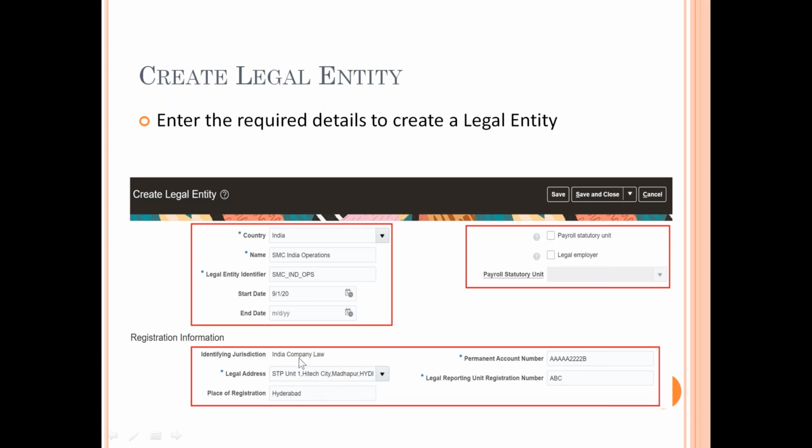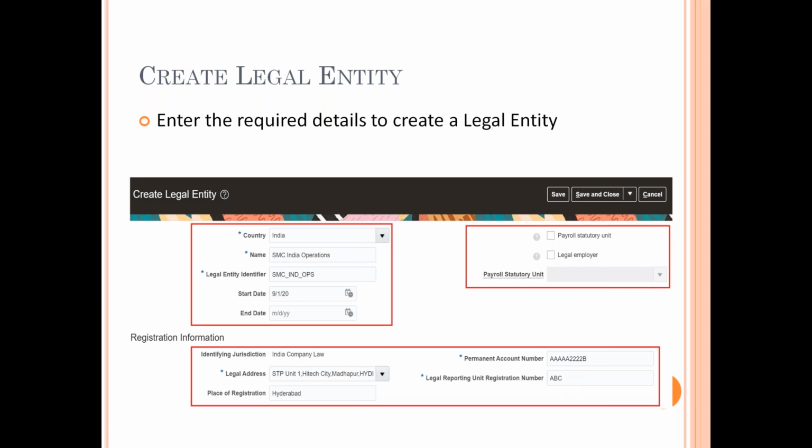Typically in India, we have ROCs, one for every city, like ROC Hyderabad, ROC Delhi, ROC Jaipur, that is Registrar of Companies. You will have to give your PAN, because that is what is typically needed in India to open an account and to get other things. And then the unit registration number: for every legal entity or company you register, the government will issue a legal identifier. So you can look at it.